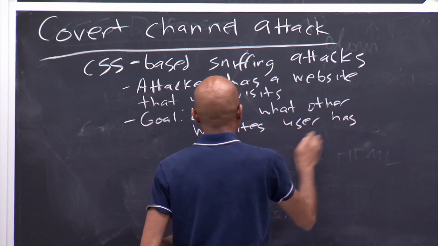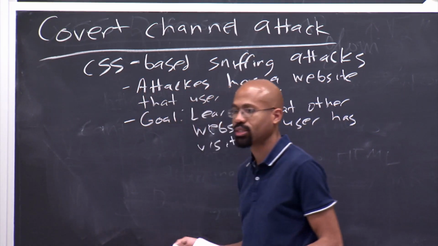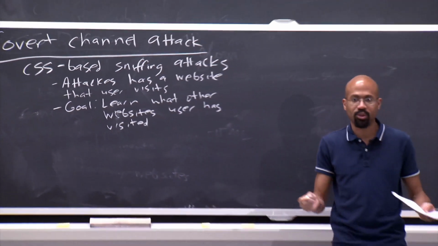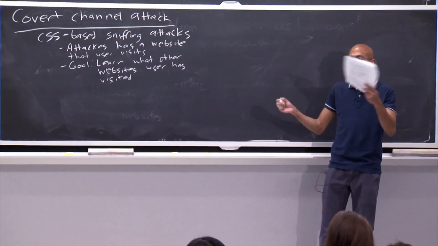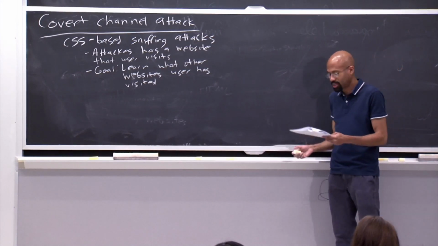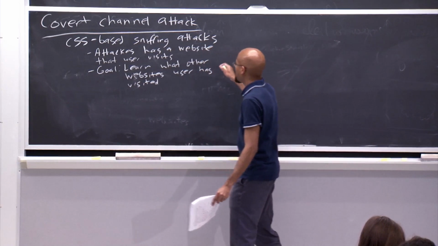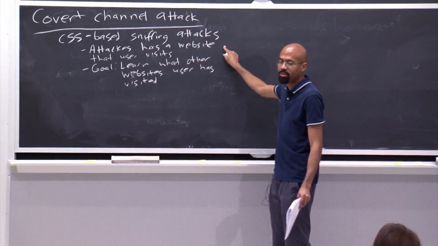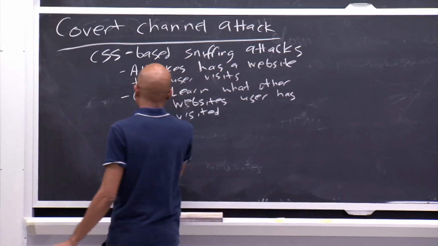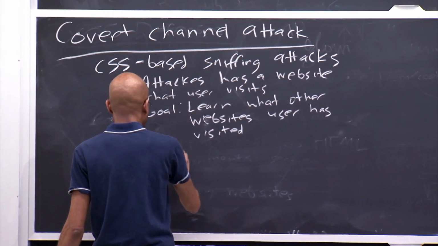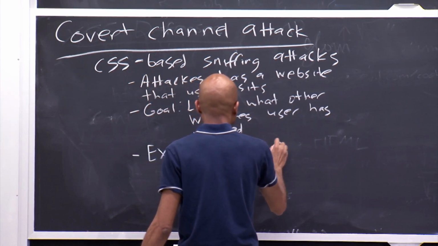And so the attacker might want to know this for several reasons. Maybe they're trying to figure out what kinds of search terms the user's looking for. Maybe they're trying to figure out where that person's employed. Maybe they want to know if they've accessed some type of embarrassing material, so on and so forth. So how is the attacker going to do that if the only thing that the attacker controls is a website that he or she can convince the user to visit? Well, the exploit is to leverage link colors,